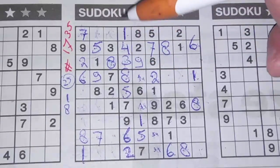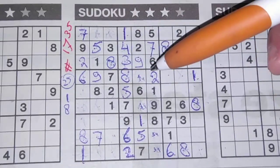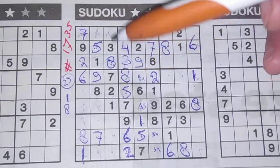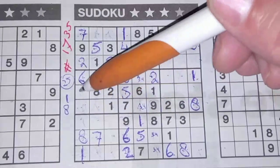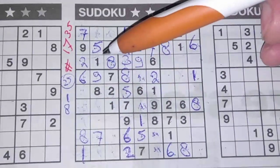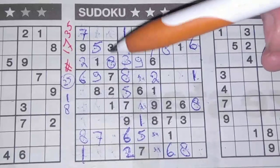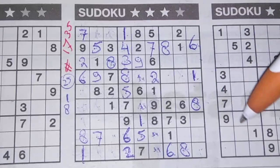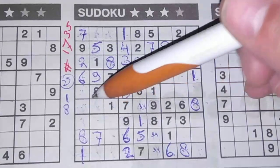Then, how about the number 3, 4, 5. Yeah. How about